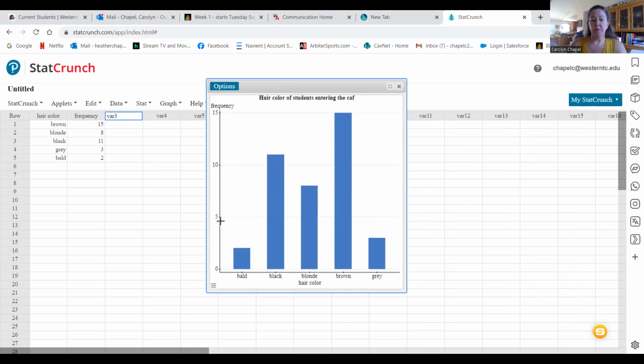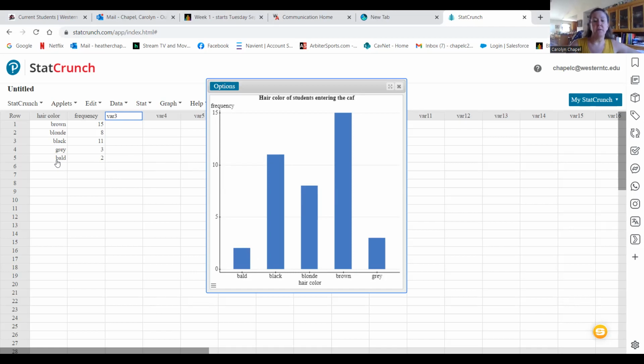Okay, so notice we do have some scaling here. It does label it up at the top. Here's my hair color. There's my label down here. There's my title. Notice we did have it graphing ascending. Now, what they mean by ascending is not ascending as far as the frequencies went, but notice it went alphabetical order. So just kind of be aware that ascending means we're going to ascend the X values or